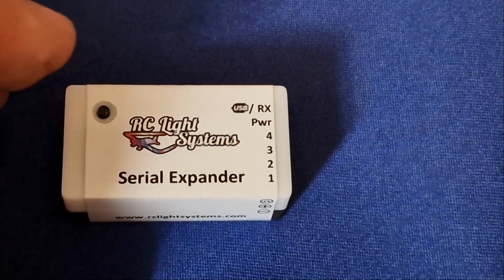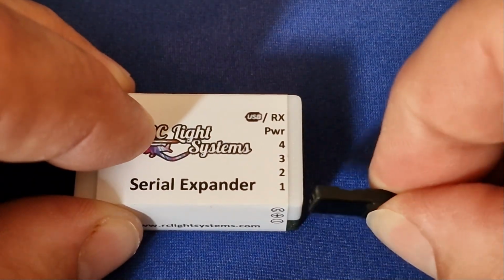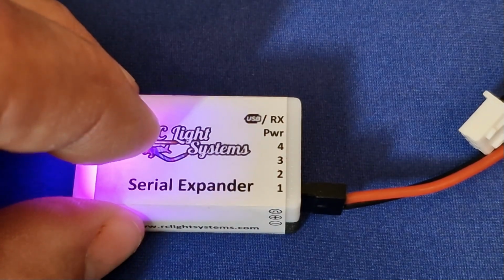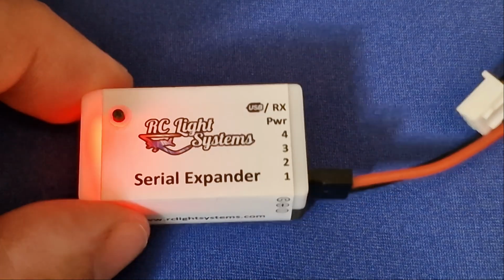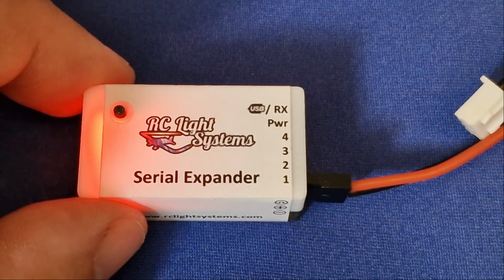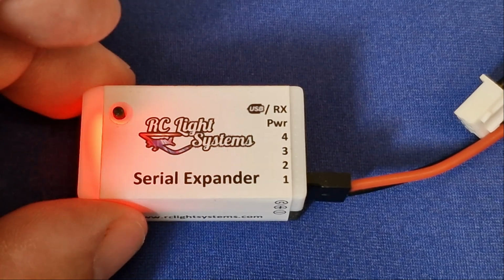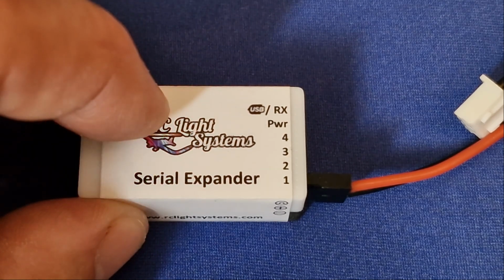So the first thing that we have to do is power this up into configuration mode, and we do that by holding down the button and applying power to any of the ports. You'll see it's flashing slowly and then quickly. Once it's flashing quickly, we can release the button and it goes into the top level menu. So that red flash there, you'll see it's incrementing numbers. It's now on 4, it's now going to get to 5, and then 6, and then 7, and then 8, and then right back down to 1. When it gets to 1, we want to tap the button. So this is 8,